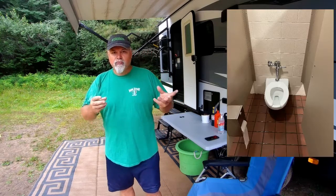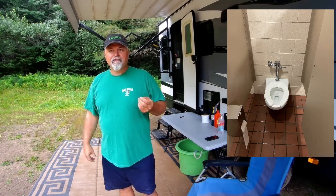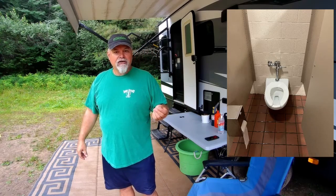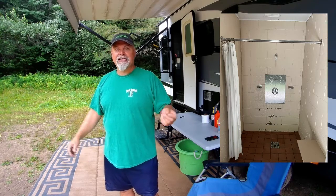The loop that I was in has a fairly new bathroom and shower area, and they are kept clean. They are supplied well with soap. There are no paper towels. They have the hand dryers, the blowers. I checked out all the showers, and the first 2 showers I walked into, I was like, yes, they got